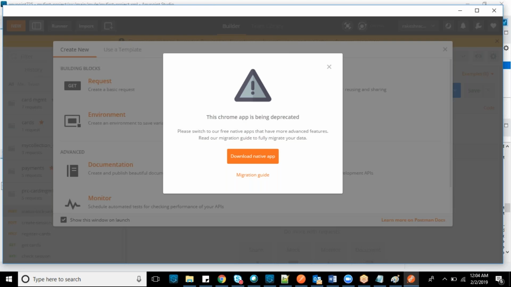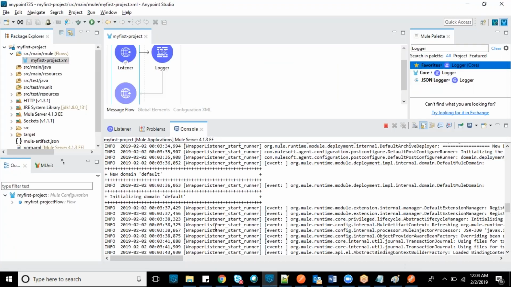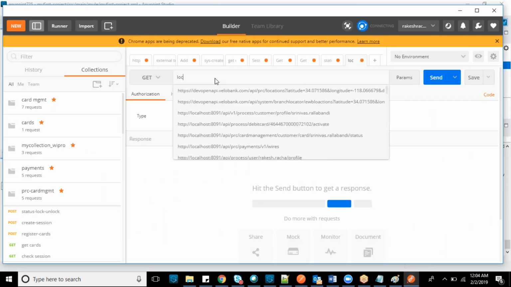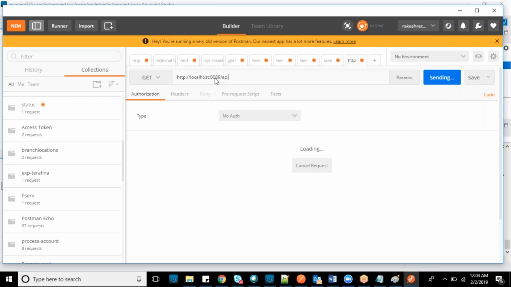Just take a new tab where we'll see whether it is running successfully or not. Deployed. It is successful. Now I have already created localhost colon 8089 slash API. It is my path.